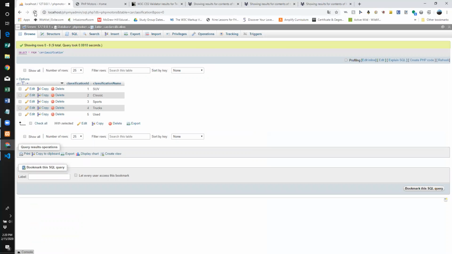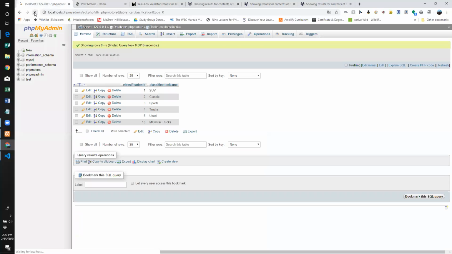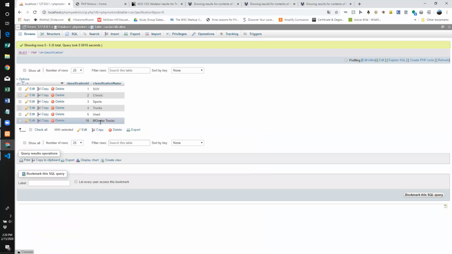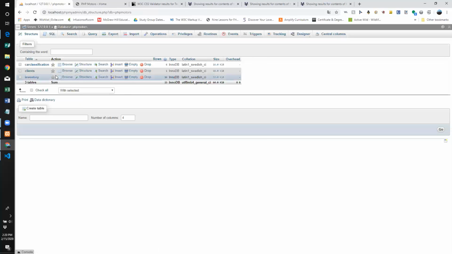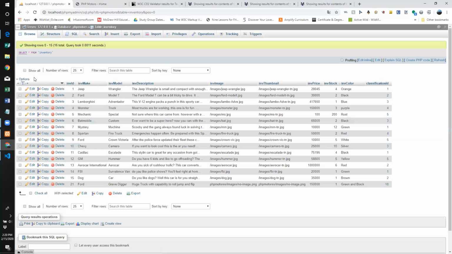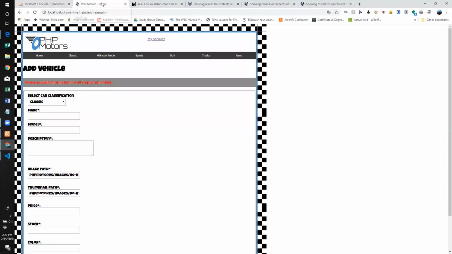If I refresh this, then you can see that the car classification of monster truck was added to my classifications in the database, and in the inventory list, Gravedigger was added as well. So here is my